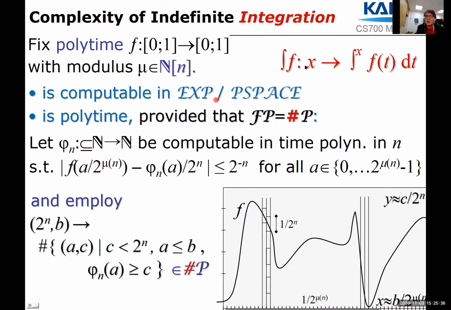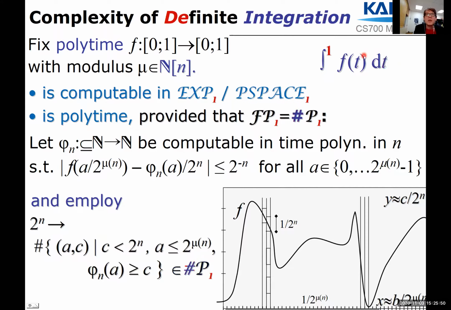Here we had 2 inputs, the precision parameter n being given in unary in order to make its value coincide with its length, and the upper integration bound given in binary. But moving to definite Riemann integration, there's no need to input the upper integration bound anymore. It's fixed, it's 1, it's hard-coded, and there's only one